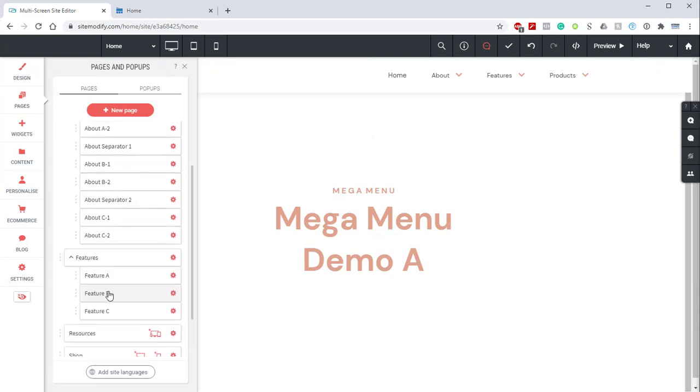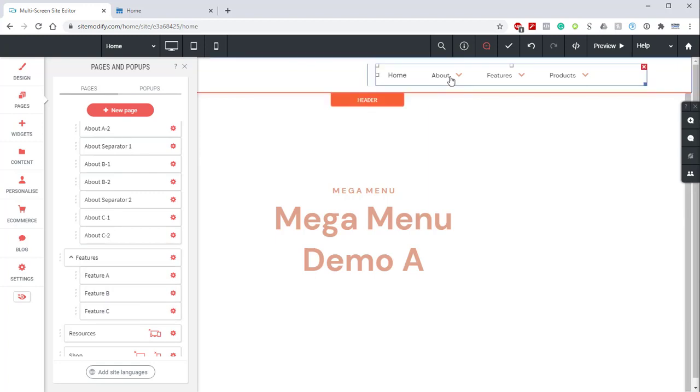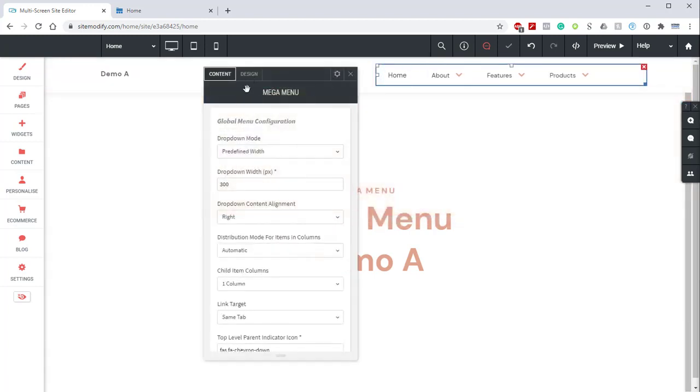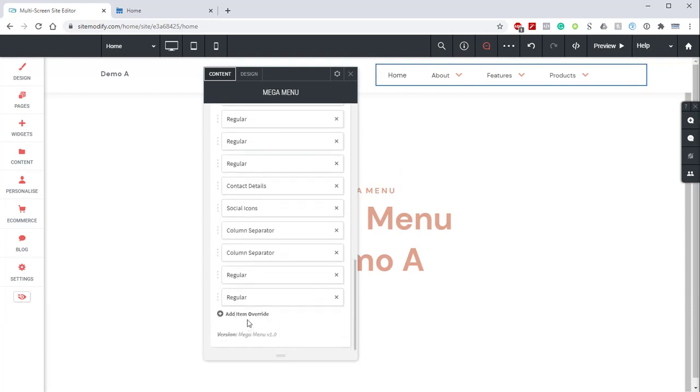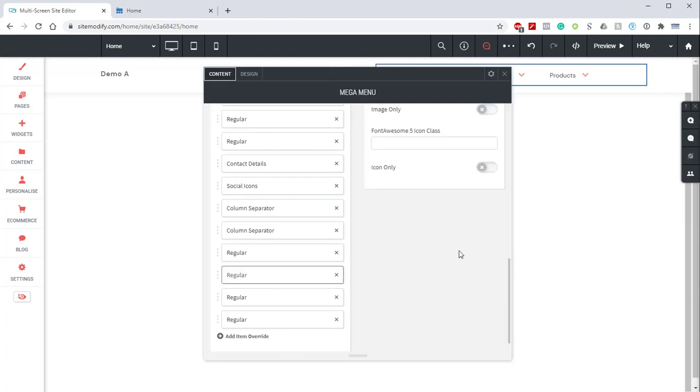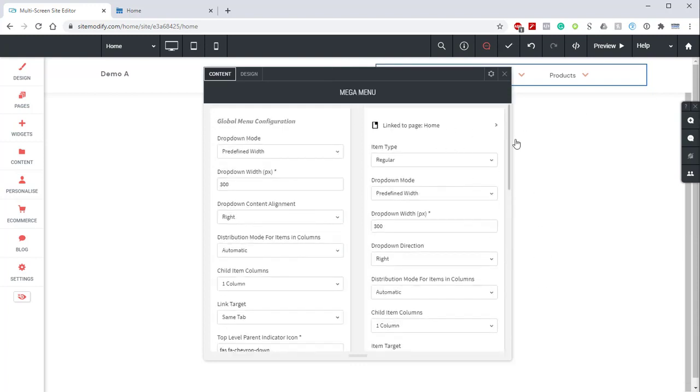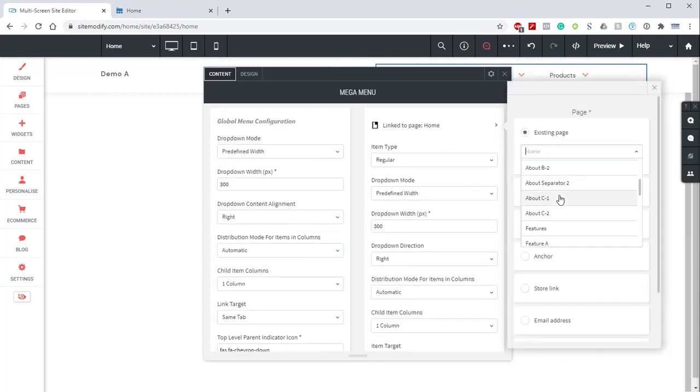So now that that's set up, if we take a look at our pages panel, we'll see here that we already have our 3 pages set up. So we need to create an item override for all 3 of those pages. Let's open up the widget again, scroll down to the bottom, and create 3 item overrides. And then we'll open up each one of these and we'll link them to each one of those feature pages. So feature A,